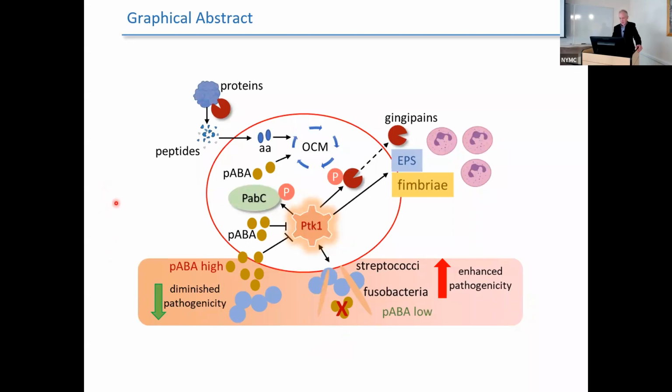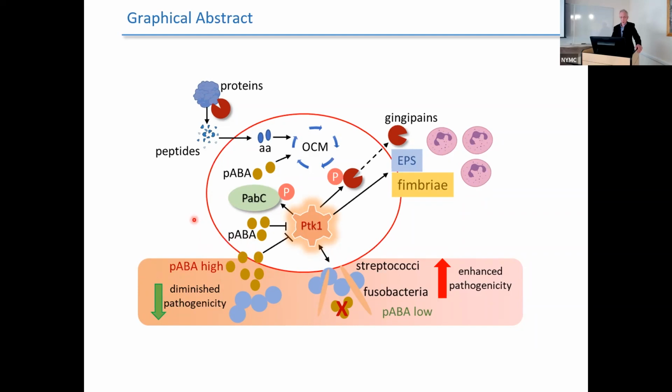And this kind of summarizes. I probably don't need to go through it all. Just highlight a couple of different things. And the Fusobacterium nucleatum, which is another common oral organism, does the same as the streptococci in terms of upregulating PTK1. Now you mentioned Treponema denticola. We don't know if Treponema denticola does this as well in terms of a physical association. Certainly T. denticola may be impacting the